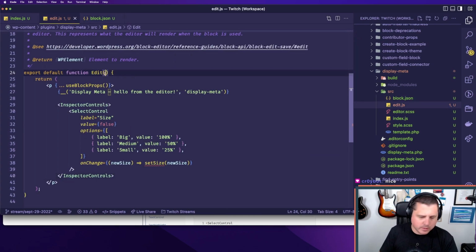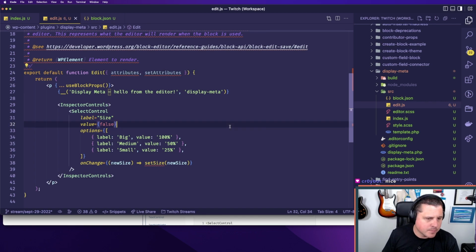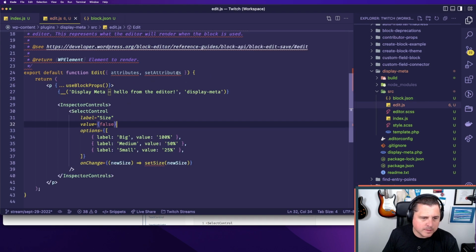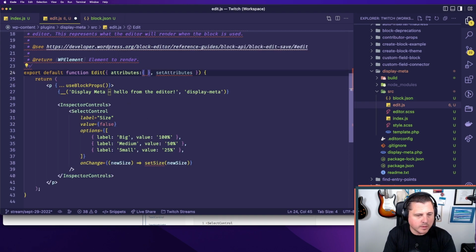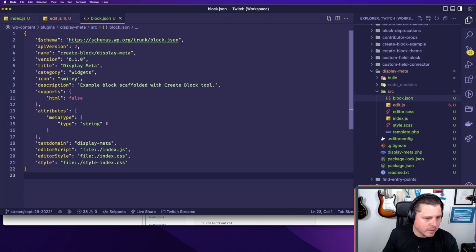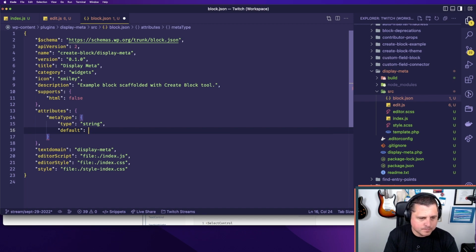So in here I'm gonna have attributes and setAttributes. This is what I need there, because we have our attribute here, right? And then the value, I'm gonna destructure this out a bit. What do I call it? Meta type, right? Put it in here, and I want to set the value to meta type, and actually I'm going to give it a default value of standard. Standard is going to represent